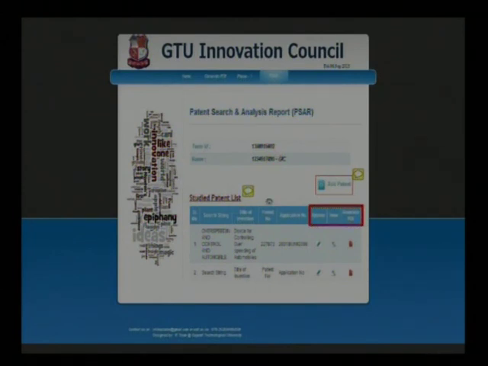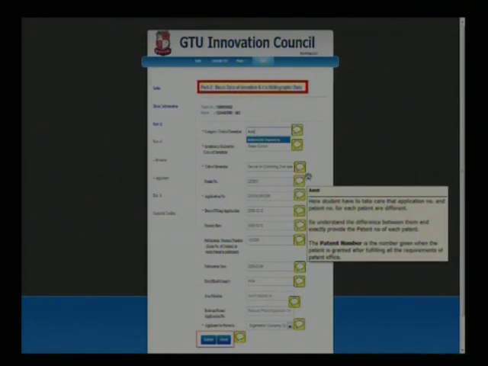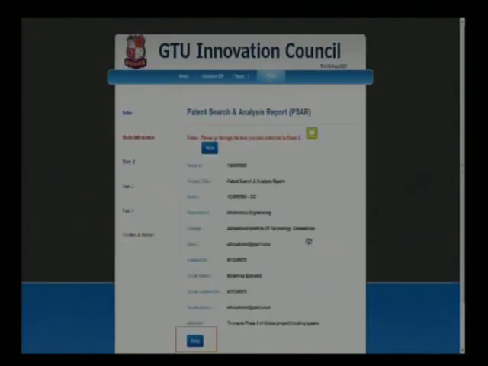When you log in to the website for the first time, you cannot see the studied patent list table. For the first time, just click on add patent to add the details about your studied patent. When you click on the add patent button, you will be directed to a page like this. This page represents the data you have already uploaded on phase 1